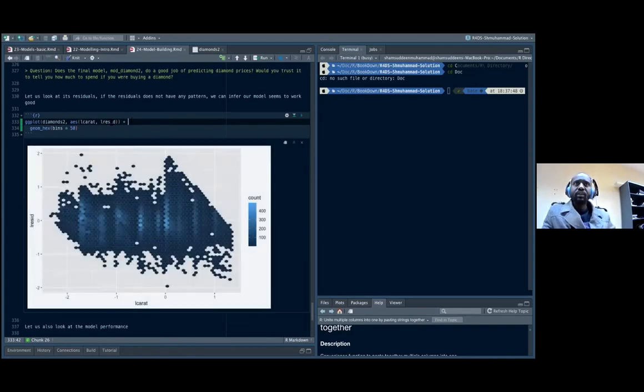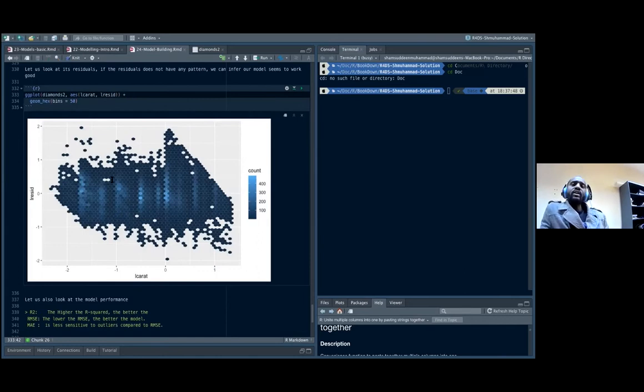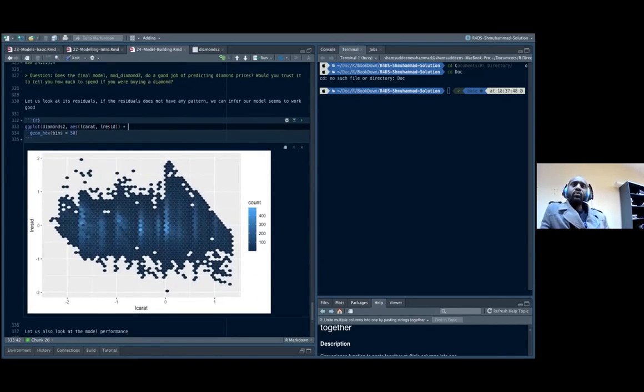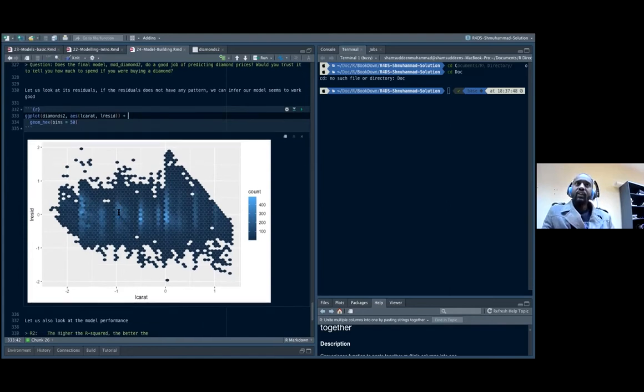Try to plot the residual. And as we have seen, when we have a model and we plot the residual, and we don't have some kind of pattern or linearity, we can say that the model is somehow doing well, because the residual is expected to have no pattern. So from here we can infer that